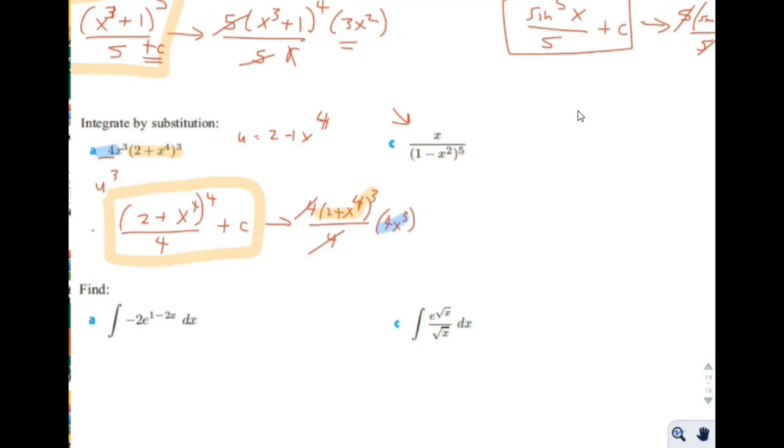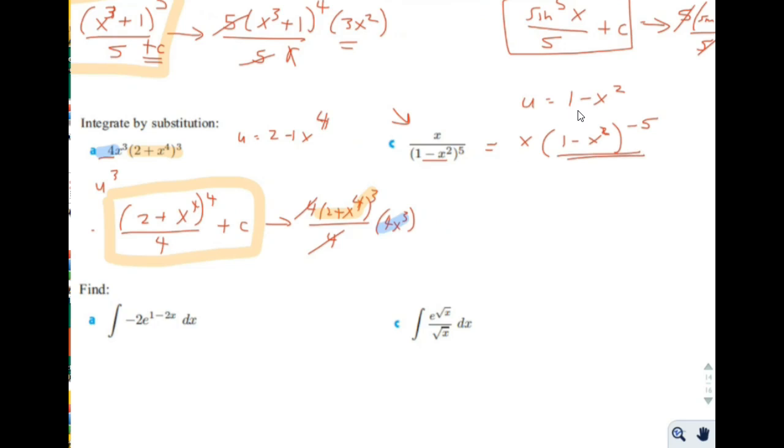What about this one? So this one, u looks like it would be 1 minus x squared, just because that's the inside part of the power rule. Let's rewrite this as something that we could take the power rule easily. It would look kind of like this, okay? And then so if this is